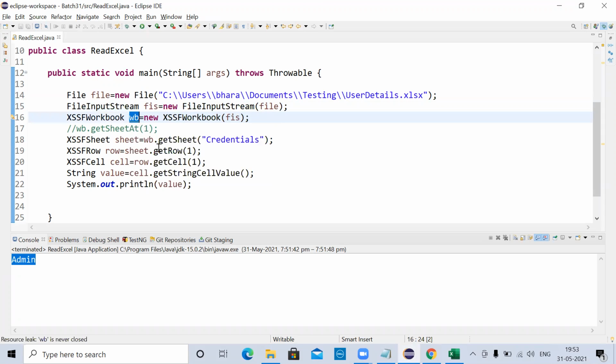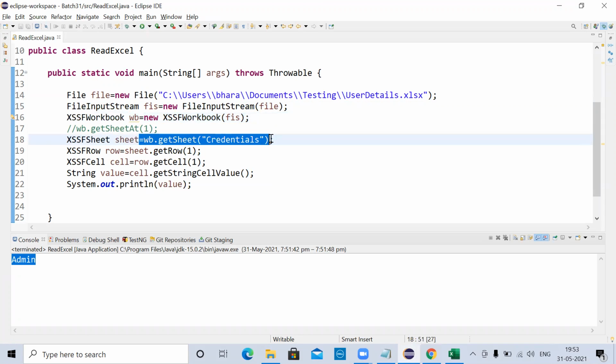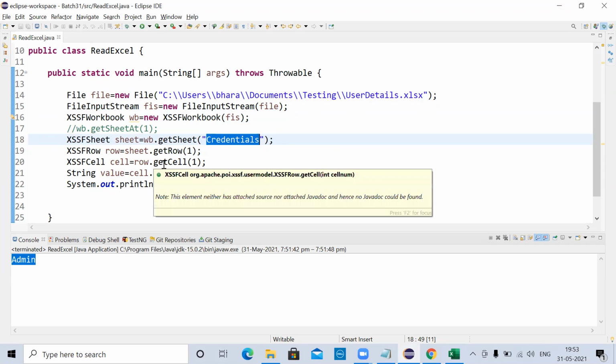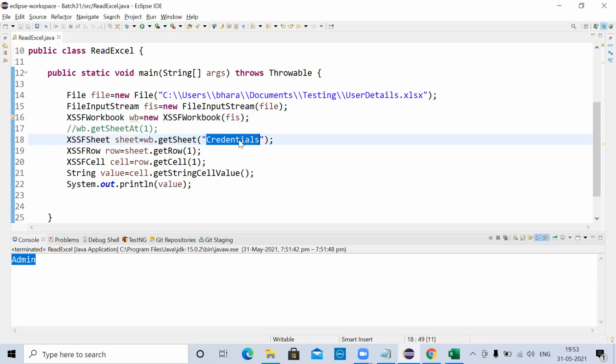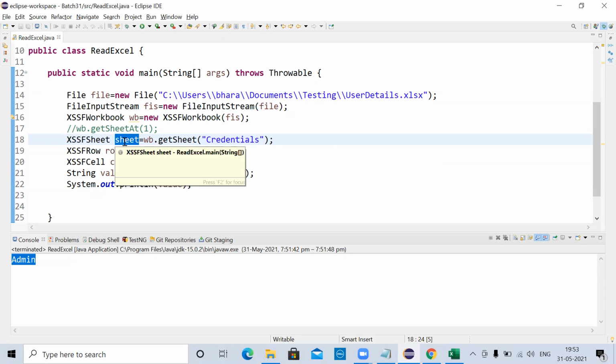Using this object, first I'm getting the sheet because inside the workbook we may have different sheets. If you want to go to a specific sheet, you mention the sheet name. There are two different ways: one is you can use the name, another is you can use the index. Using this name, I'm getting the sheet object and storing it in an XSSFSheet called sheet object.